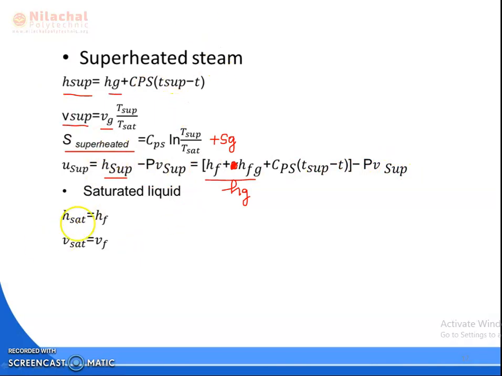Now consider the saturated liquid. For saturated liquid, the enthalpy is equal to hf. The volume of saturated liquid is equal to vf. If you have to calculate the entropy of saturated liquid, that is equal to sf. Okay, so likewise you have to calculate